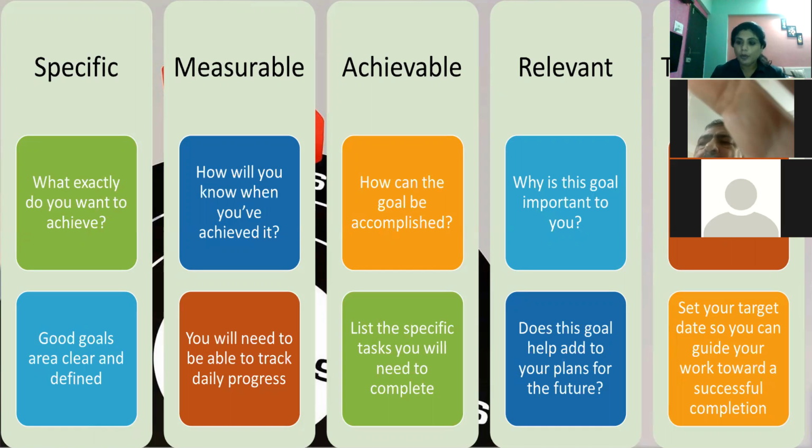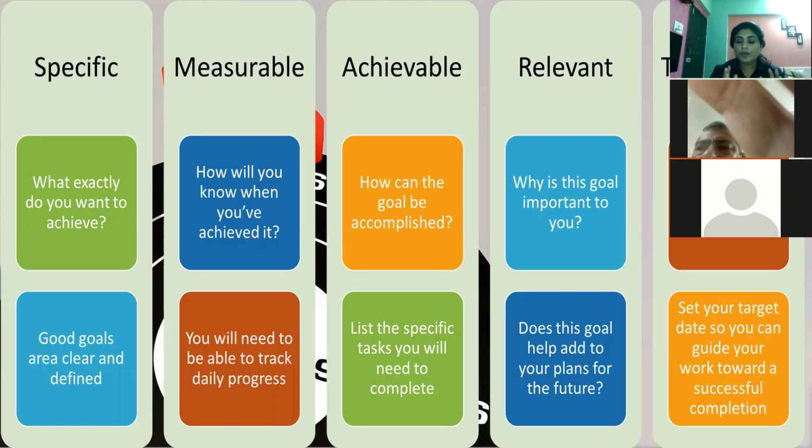Now, one wants to lose weight. If you say I want to lose my weight, this is not my goal. I need to be very specific. In a month, how much do I really want to lose, how much complete weight? For example, I want to lose 15 kg, so 15 kg is my total target. Then how am I going to divide that target, and how will I understand if I'm really losing my weight or not? So I need to actually measure it from time to time, and that's how it needs to be measurable.